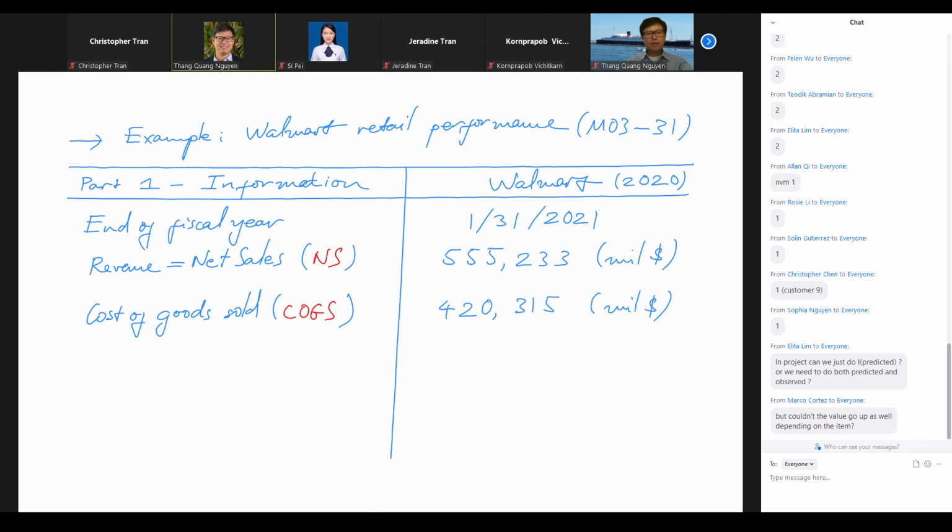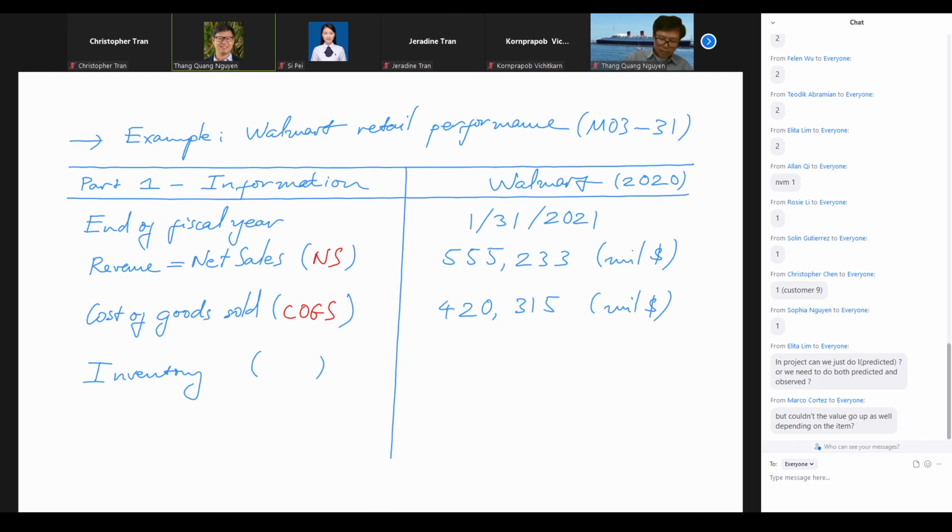It's not perfect. In accounting, they have to make a lot of assumptions on how to count and how to measure, right? But that's $420 billion for Walmart, right? The difference between the revenue and the cost of goods sold is in the revenue, we have the cost and the profit. But in the cost of goods sold, we only have the cost of the initial investment in the merchandise, okay? And one more thing, the inventory,